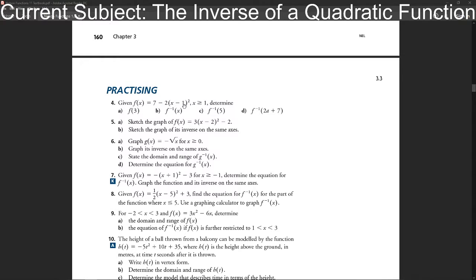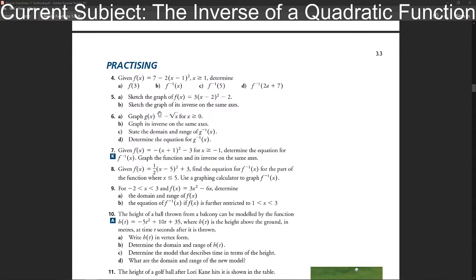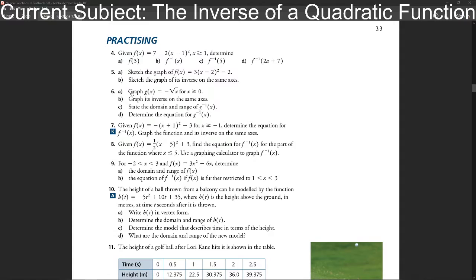Given this function, x is that. Alright, so we pretty much have to do two things here. Find the inverse and then plug in the values. Oh, that's an interesting one, but you'll probably just end up getting a little funny looking answer because of the a. So far, this is looking pretty straightforward. Sketch that function, sketch the inverse, same as earlier.